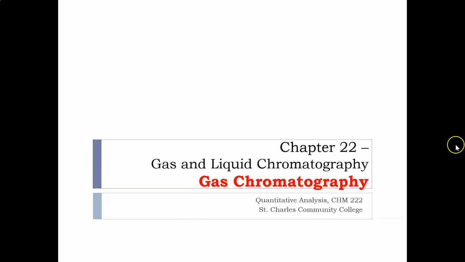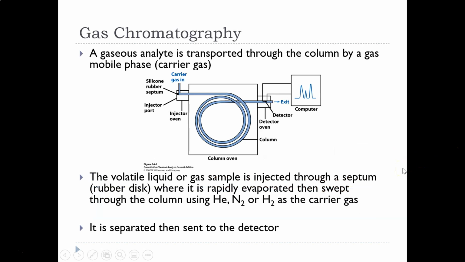So gas chromatography is where we're starting with this video. Gas chromatography is an instrument that, and this is shocking, the mobile phase is a gas. That's why it's called gas chromatography. So the mobile phase is a carrier gas. It's an inert gas, so it shouldn't react with things, which is why it's important that it's inert. It's not going to react with your sample. But since the mobile phase is a gas, we also need to get our sample to be in the gas